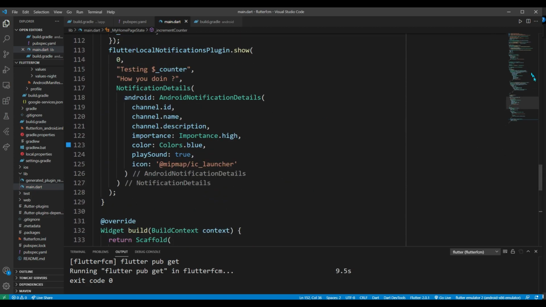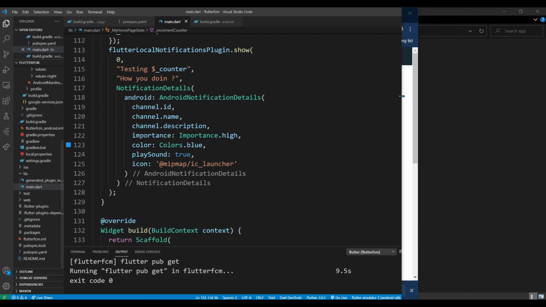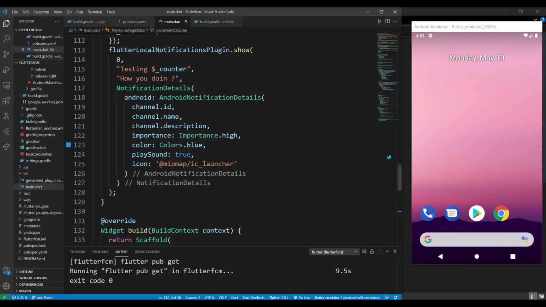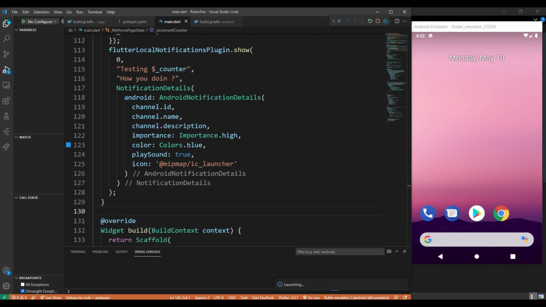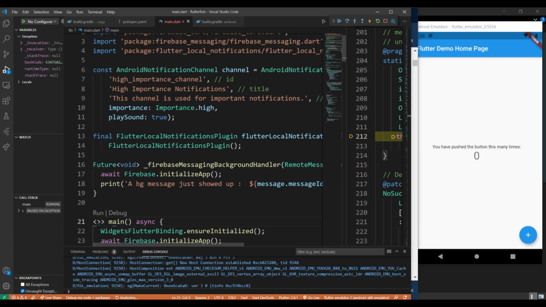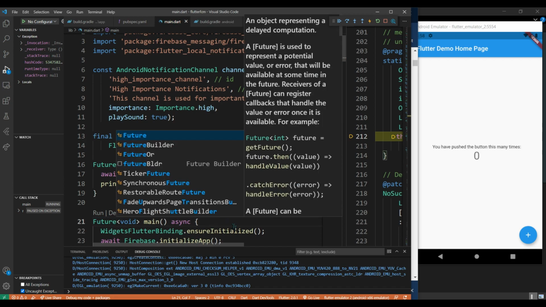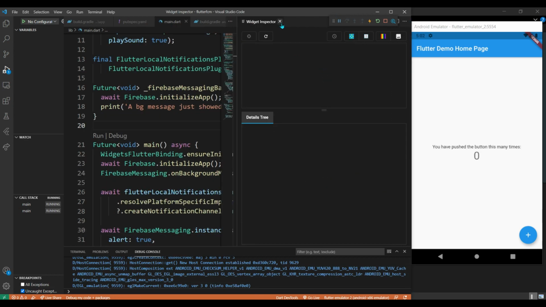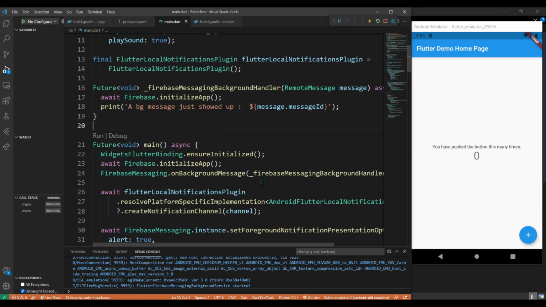Now our setup is ready and our project is connected, and we have also configured the notifications. It's time to test the notifications. We'll just quickly run the app and see there's an error here. I'll just convert the return type of the main method to Future<void>. As I mentioned earlier, we have to convert this return type to Future<void>. I'll just run this method and our app is running now.